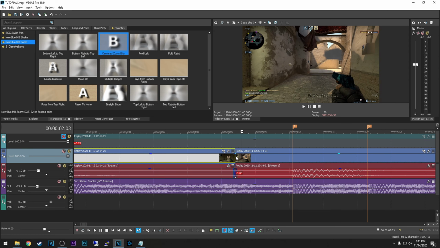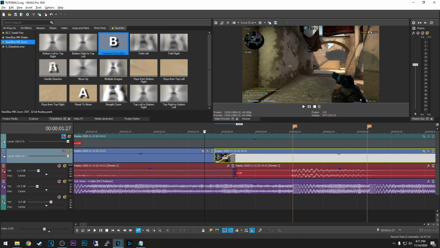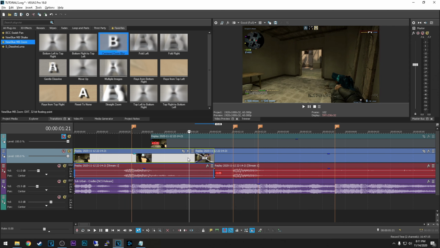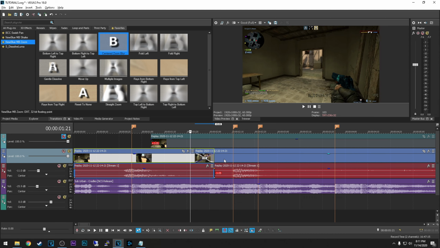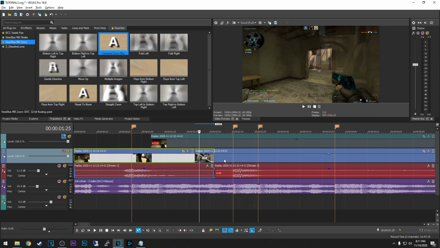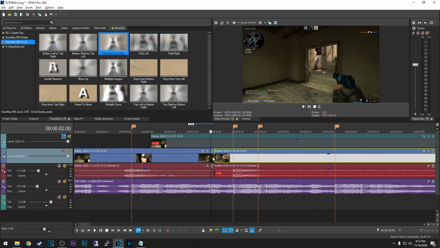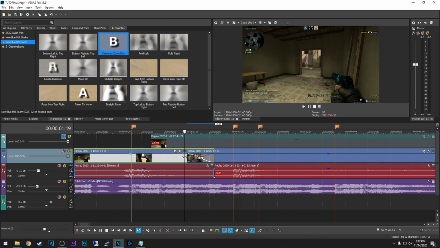You can add a transition by dragging the clips above each other, just like shown. And once you do this, you'll notice that it's gonna add a basic fade transition from a clip to another. This is way better than just leaving it like this. But you can use some other transition effects that you have in the